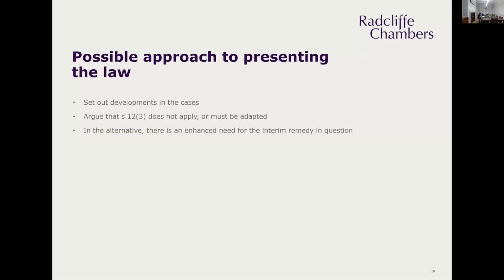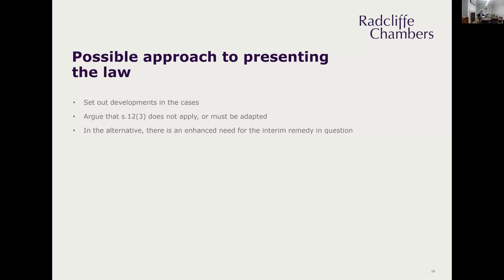So how do we present the law before the judge on our application? One possibly sensible approach would be to set out the position, set out how the courts have dealt with this, nevertheless set out that there is Section 12.3 and the law on that. But to argue that Section 12.3 doesn't apply or does need to be adapted for the reasons I've given, but to also say that in the alternative, even if the court does want to apply this enhanced test, what this requires the court to do is to